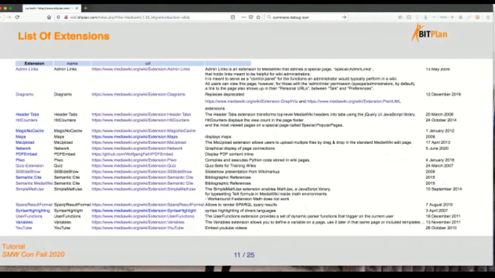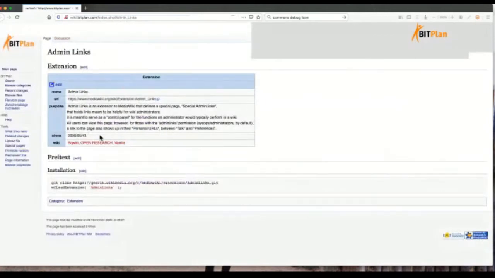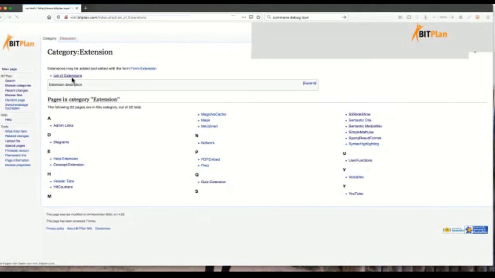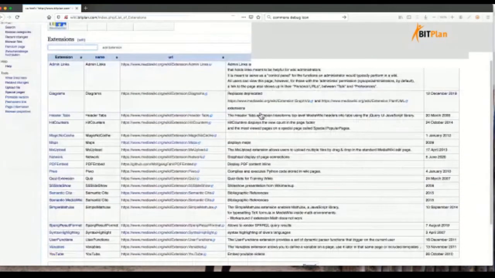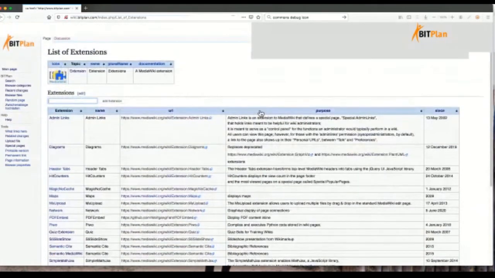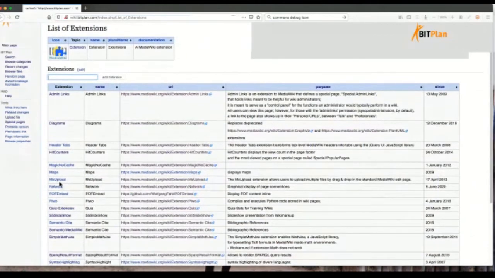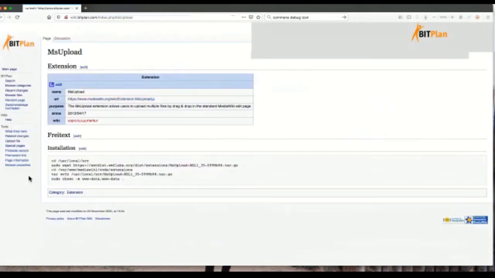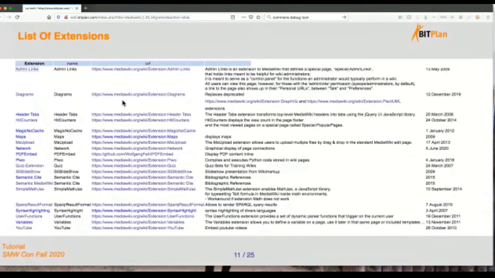So you'll find this right in our wiki. So this is like the wiki.bitplan.com. And there is a category extension, and then you can go into the list of extensions. And this is all like Semantic Mediawiki style that you can look into the things. And some of these extensions, I put some comments on there. You can even see on which machines things are installed here in that environment. So this is the style we did this.